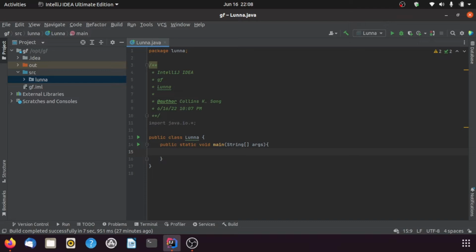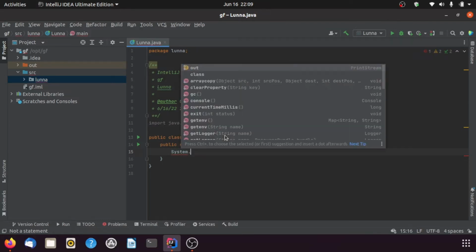This is my main method, and the main method is actually the primary path to all those functions and classes written in the project. So the first thing the Java program will look for is a class which has the main function. In my case, this is an example. The main method is found in the Luna class. So I'll do a simple print, which is system.out.print,